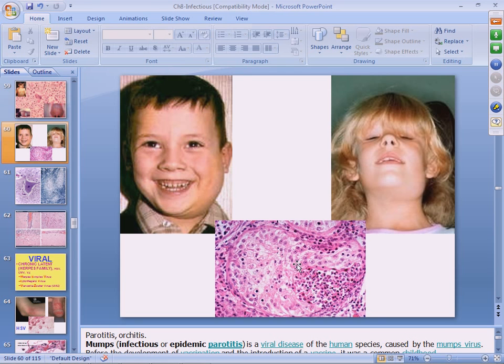can see infiltration by acute inflammatory cells. There's really nothing here that's diagnostic of the virus itself, and you're probably thinking, well, that looks like it's probably inflammation of the parotid gland. Well, that's seminiferous tubules, because in boys, mumps was also the number one cause of an orchitis as well. And another thing which I'll be very happy to tell you is the third tissue or organ in both boys and girls that was involved by mumps